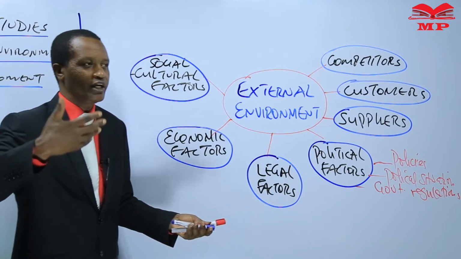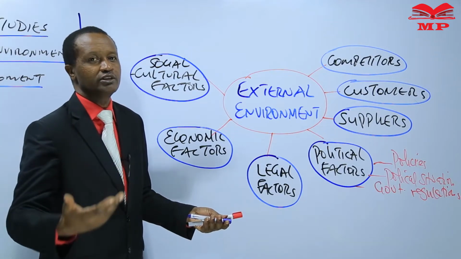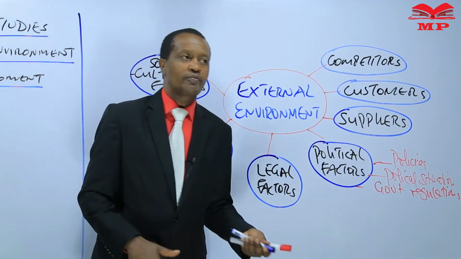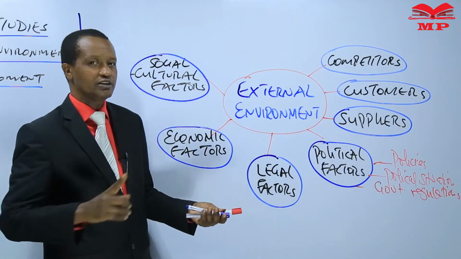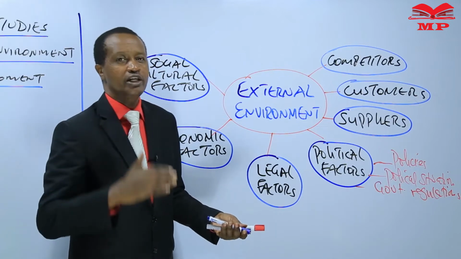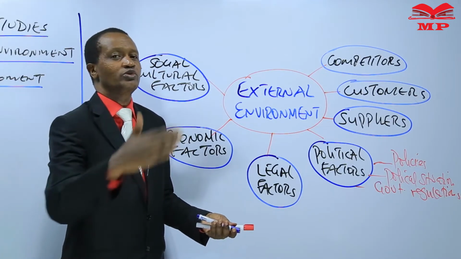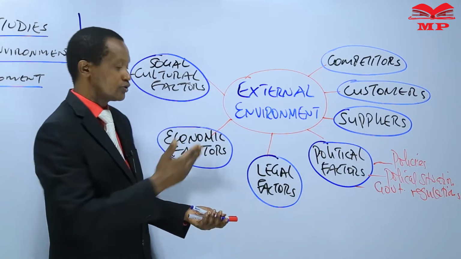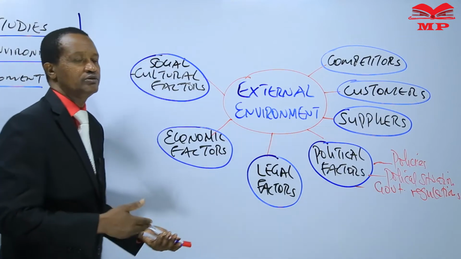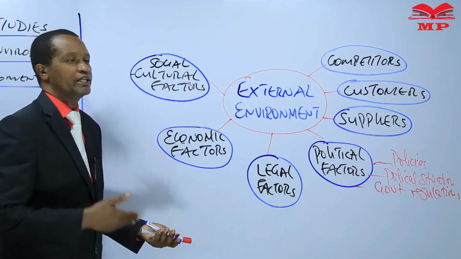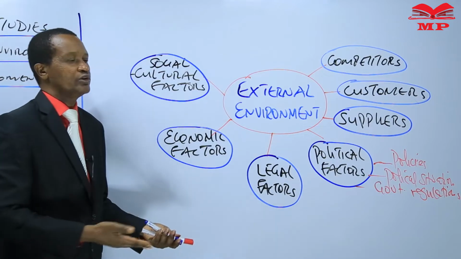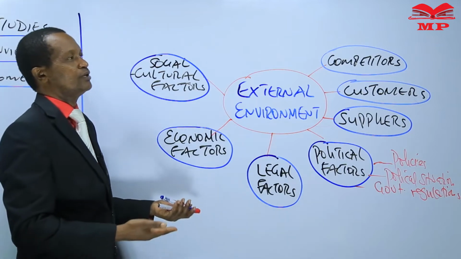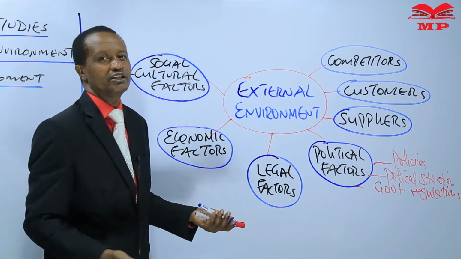Culture means the way we do things, okay? They are also determined by religion. These social-cultural factors can also be determined by education. There's a way in which education shapes people to behave in a certain way. The social-cultural factors may also be affected by age. We mentioned ethnic background and so on. So we said if these factors change, then people's tastes and preferences will also change.